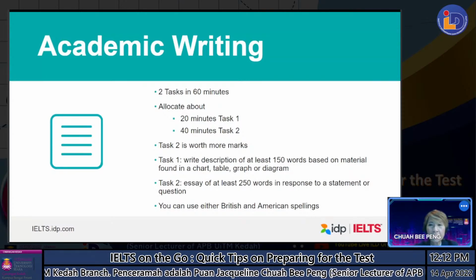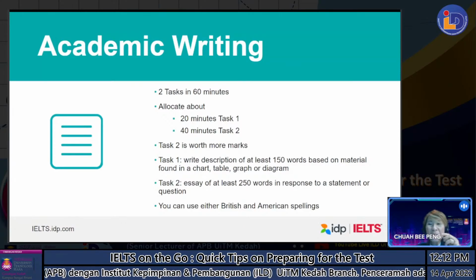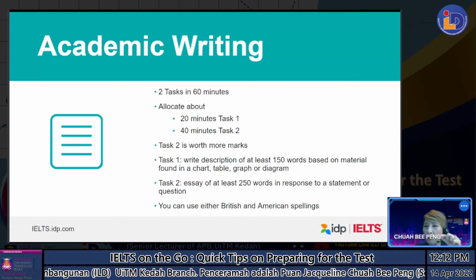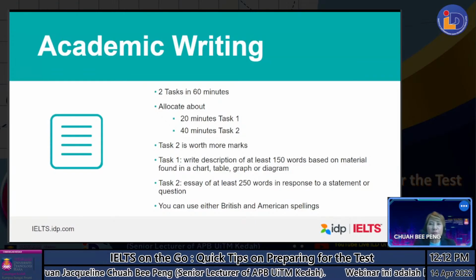Or you may need to spend like 15 minutes in the toilet, and then there goes your time. You don't have time to finish your test. Really, I'm not joking. That's a practical tip, okay? There's no extra time for the toilet. You will only get the break after writing. Only after writing, when you've submitted everything, then you can relax, and then you can go for your speaking test.